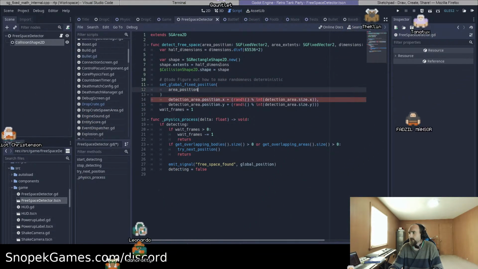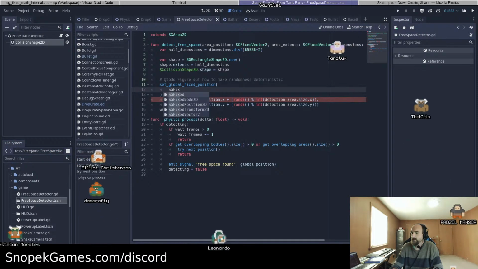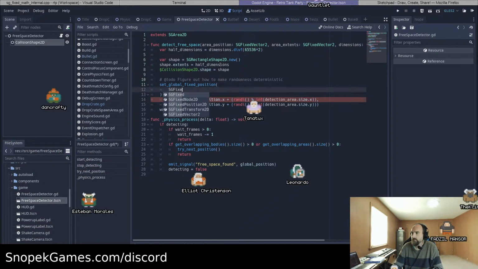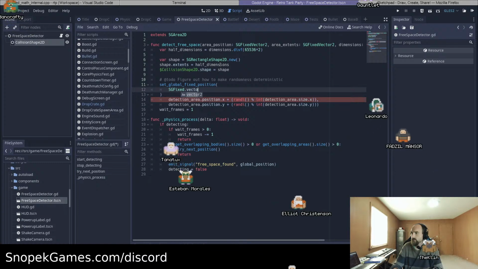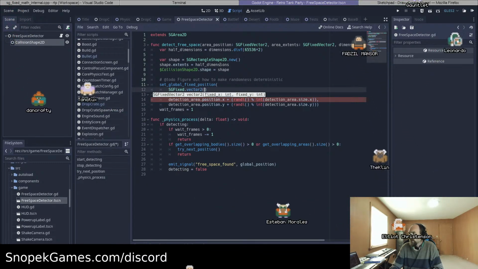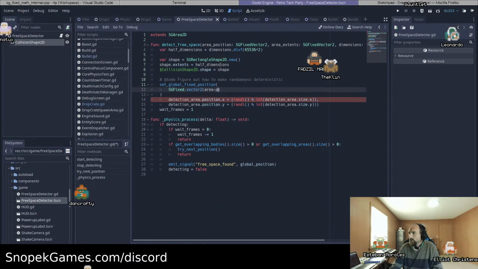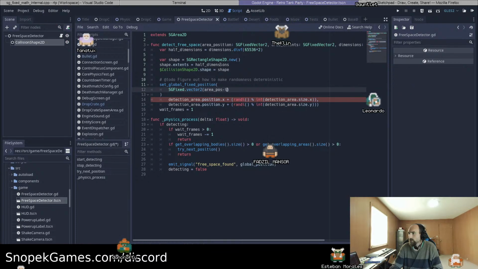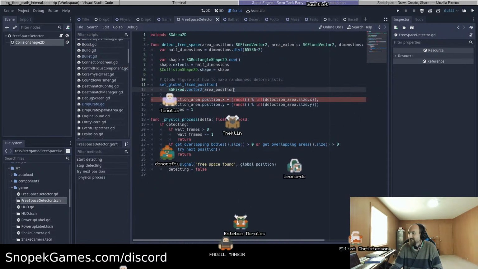Oh, and this is going to want to take an SGFixedVector2, which, hang on, we have a factory method for this, SGFixedVector2. And we want it to do the area position. Oh my god, area position